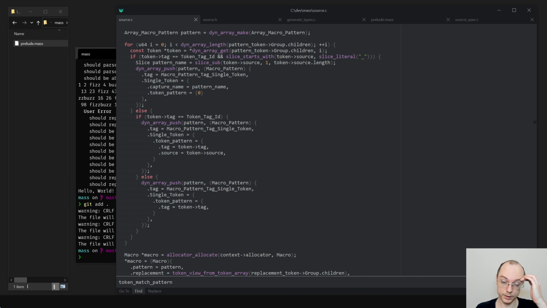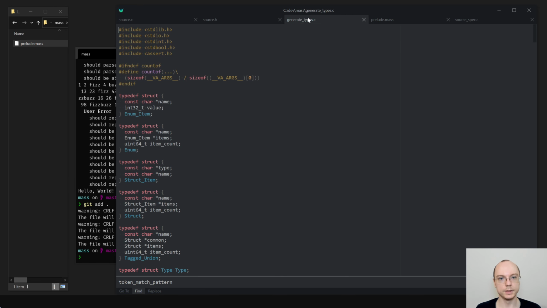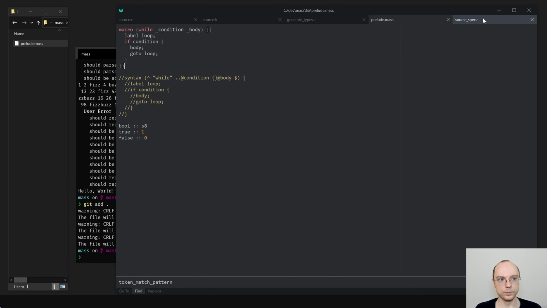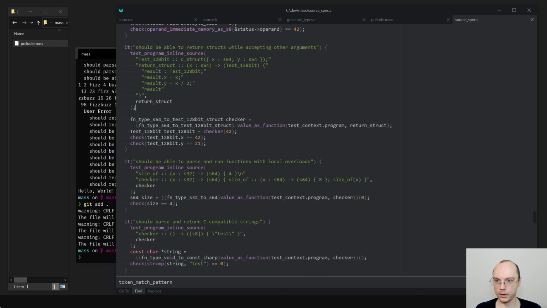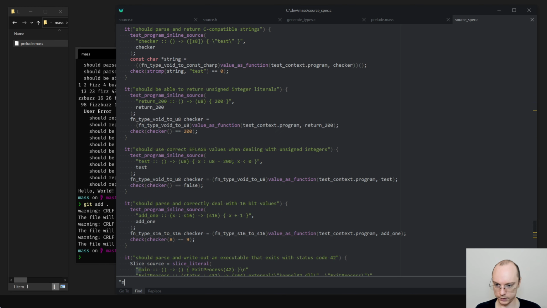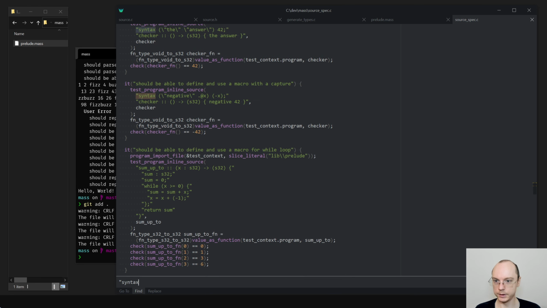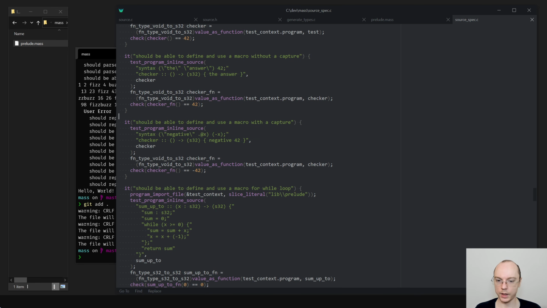I think that is very interesting. Okay. So I have macro. Now it's syntax. I can try to do start and end of statement, at least.